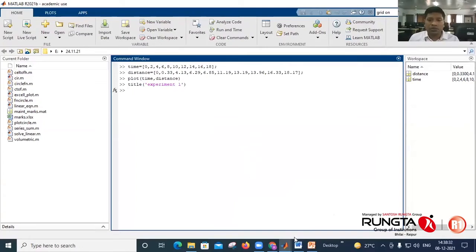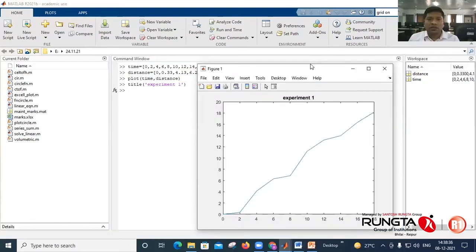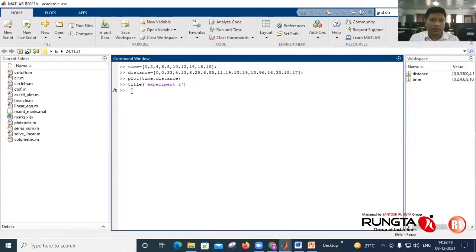It will put the title of your figure. Similarly, you can give the name of the x-axis and y-axis, what is on the x-axis and what is on the y-axis. That is called xlabel, where you label the name for the x-axis.